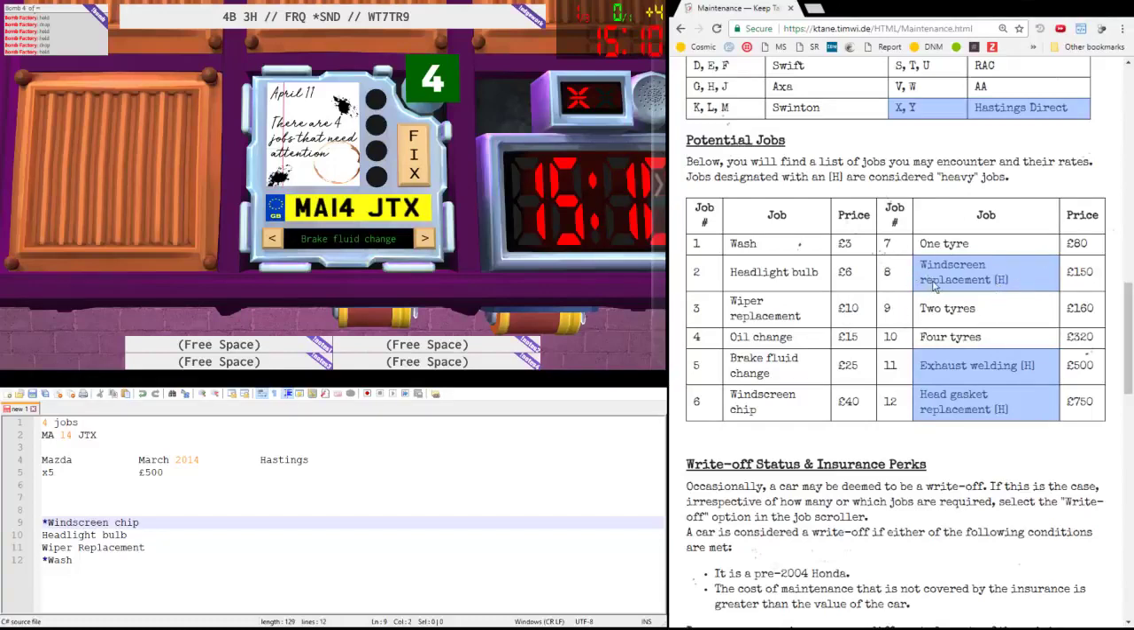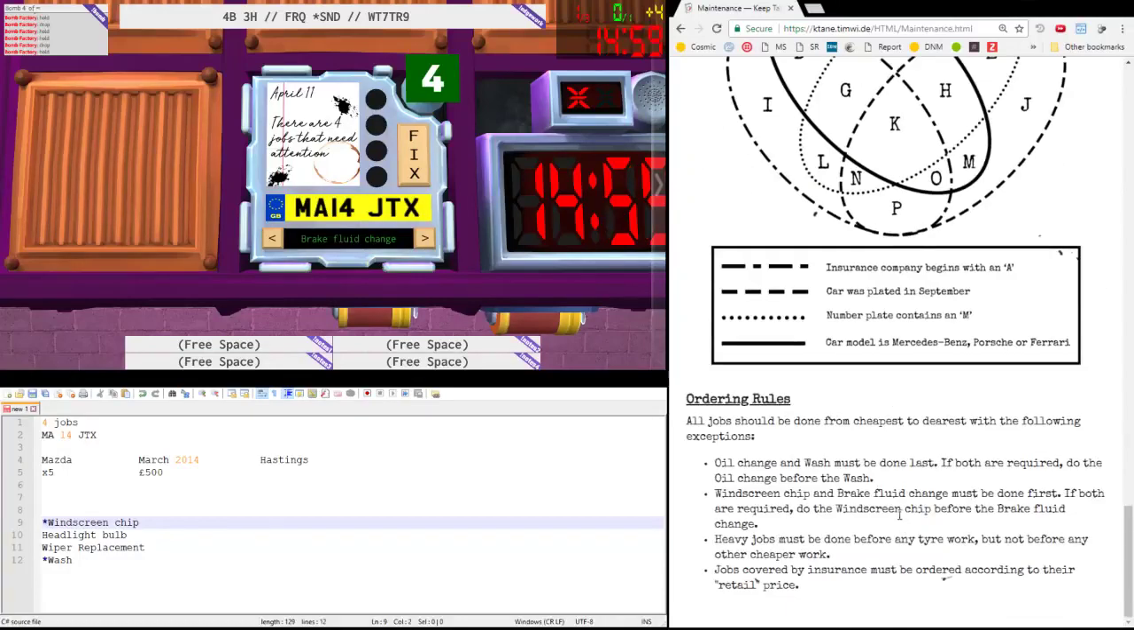Your heavies come numerically after this other stuff anyway. So it's just saying, another way of wording this is, move the wash and the oil change to the end. Move the windscreen chip and the brake fluid to the first. And then this can really be reworded as do tire work last,